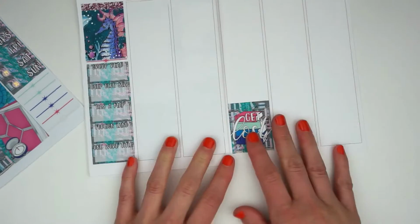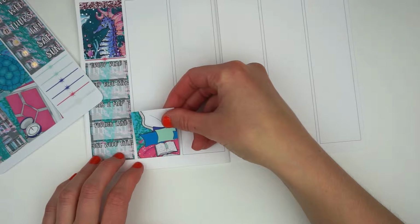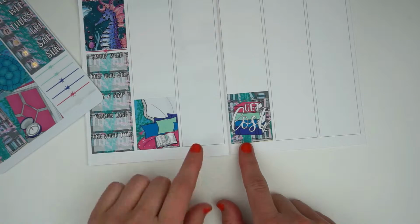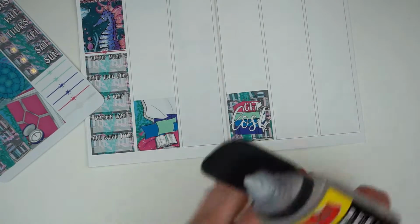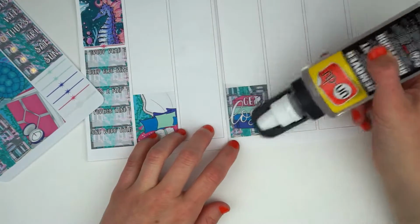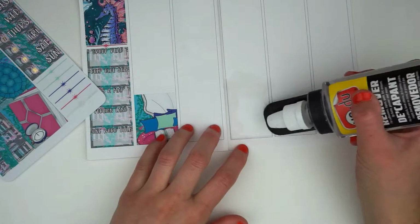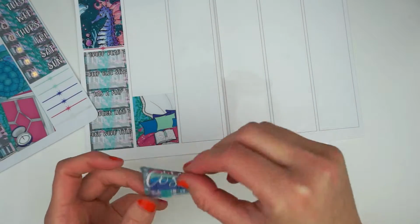So now moving on to laying down the full boxes, I am going to pick up this Get Lost full box and place it on Friday, because I forgot there were only 6 full boxes, and in order to make up for not having a full box, I decided on Wednesday to do a washi full box, and there was washi tape that Paige released that matched this kit. And the washi tape has, it's kind of like gold glitter foil, and there are floating books on it with an ombre of purple to kind of a tealy green to kind of like an indigo,